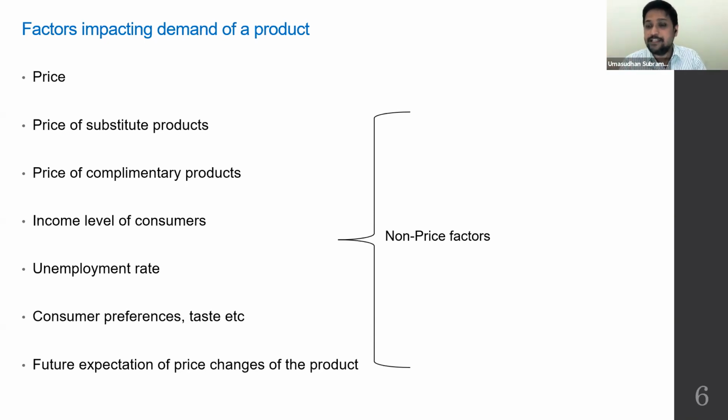This is typically seen in countries where the government announces the fuel prices are going to go up starting from a future date. In a couple of days, you see people queuing up in petrol stations to fill up their tanks. So that's very important for you to remember, and these are the factors having an impact on the demand of a product. Also remember that this is not an exhaustive list. A lot of other things can come up, but this broadly covers most of the things.